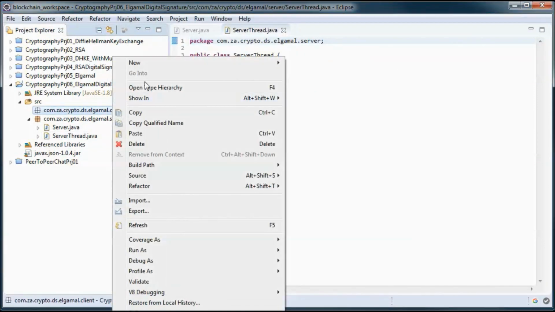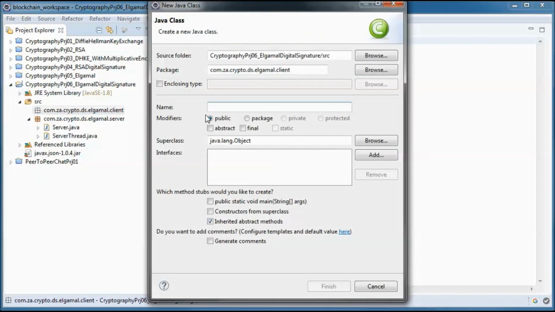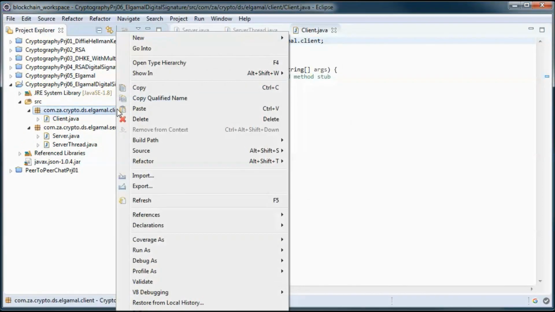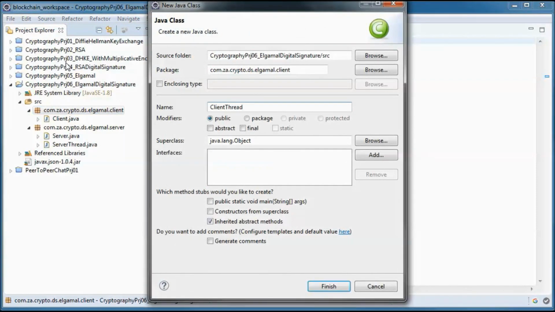And on the client side we will also have two classes, a client class with a main method and a client thread class.